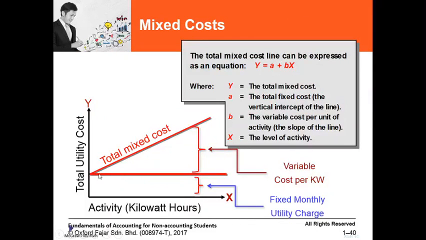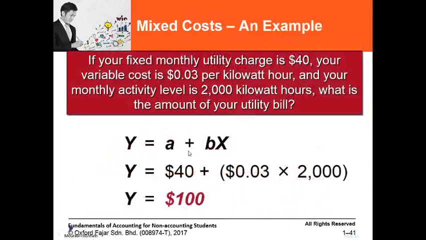Okay, if you are using 50 kilowatt hours, 100 kilowatt hours, 1000 kilowatt hours, 1500 kilowatt hours, or 2000 kilowatt hours, you still need to pay 40 ringgit. Then there are additional charges, whereby they will charge 3 cents per kilowatt hour. Therefore you will get the variable cost. So 40 plus 60, then you will get 100 ringgit for your